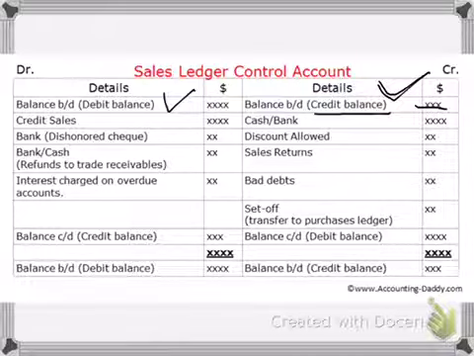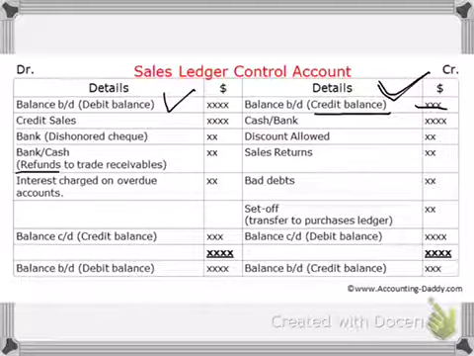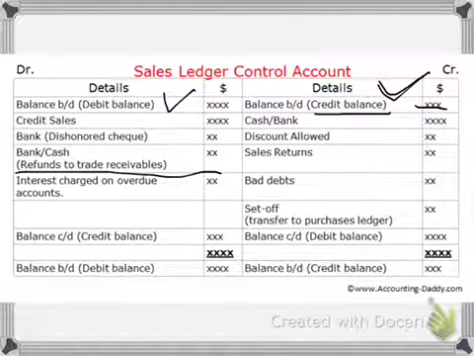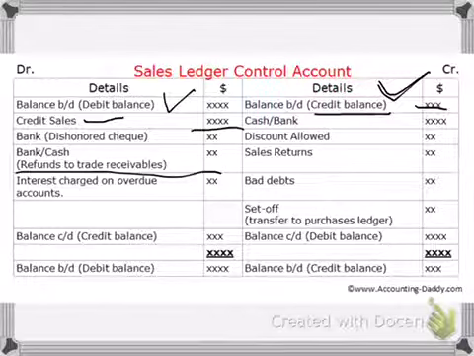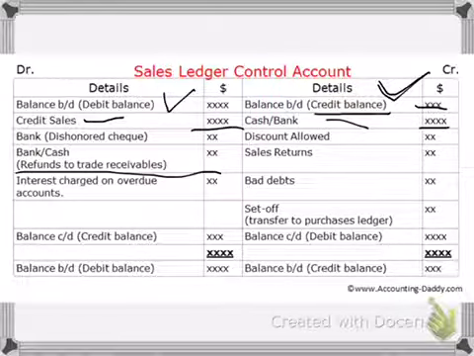If obviously when I refund this amount, the $30, then obviously that will be recorded here. Okay, so the refunds to trade receivables will be recorded on the debit side. Now obviously when you make credit sales to customers, you credit the account for sales and debit the account of customers. So here we have that amount on the debit side. Similarly, when a customer pays you, you debit your cash or bank and the customer's account will be credited.